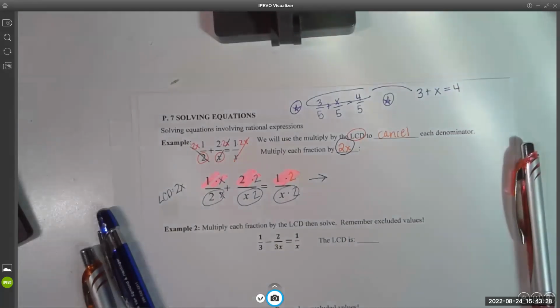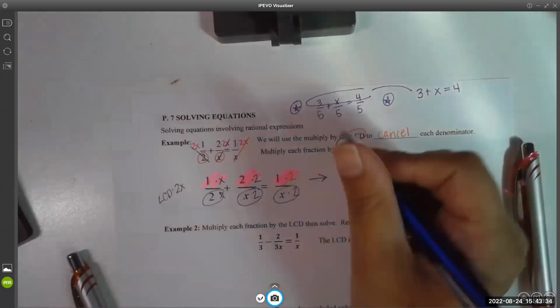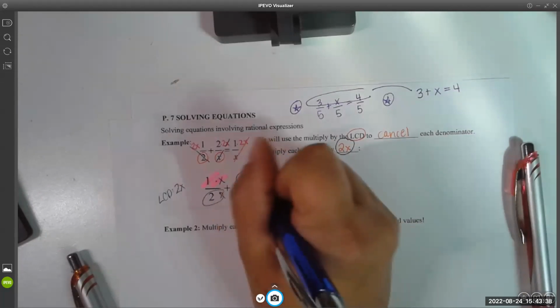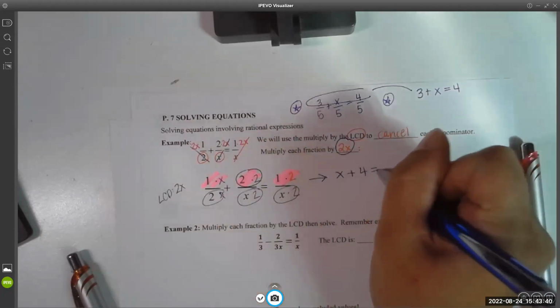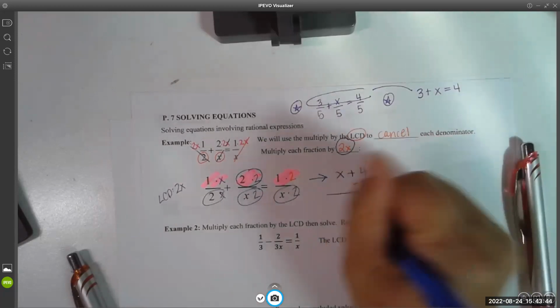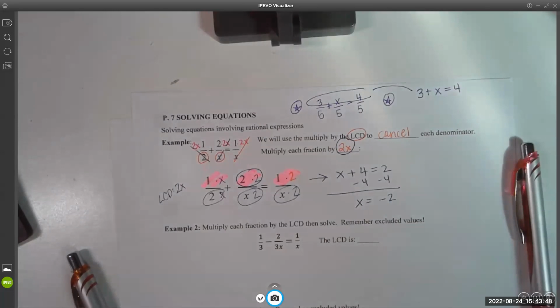Sorry, this is not coming out as cleanly as I would like, but hopefully I've got enough examples that this will make sense. So in the end, I'm solving 1x plus this makes 4 equals 2, and that's super simple, right? You take away 4 from both sides, and then x equals -2. So